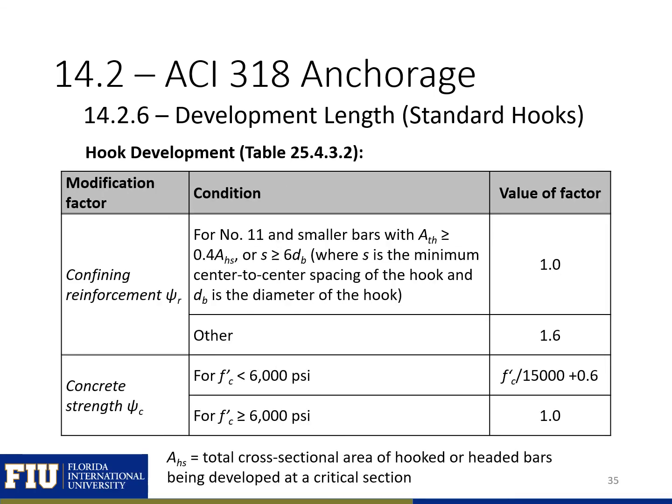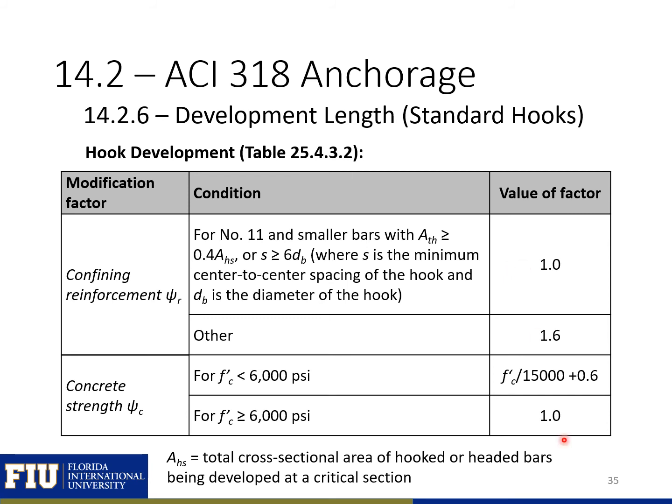Our last two modification factors shown here are the confining reinforcement modification factor and the concrete strength modification factor. The confining reinforcement factor takes into account what type of transverse reinforcement is around the hook. So if we have a hook that's number 11 or smaller with an A sub TH greater than or equal to 0.4 A sub HS, or a spacing greater than or equal to 6 dB, where S is the minimum center to center spacing of the hook and dB is the diameter of the hook, then we use a value